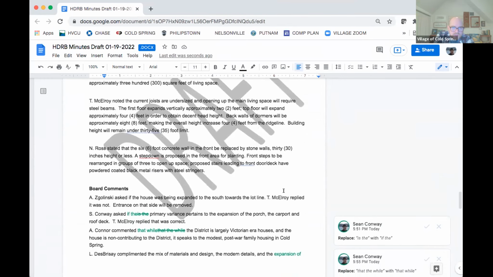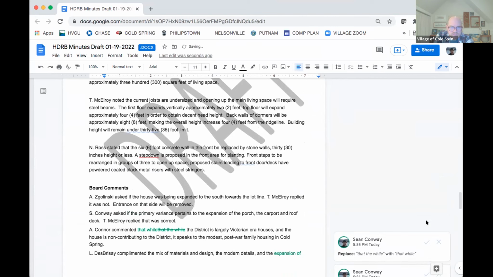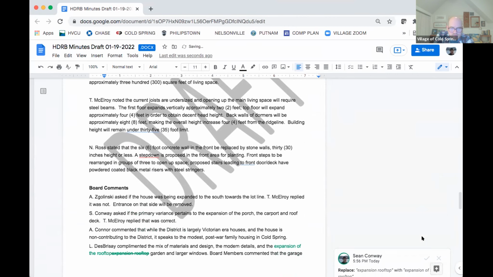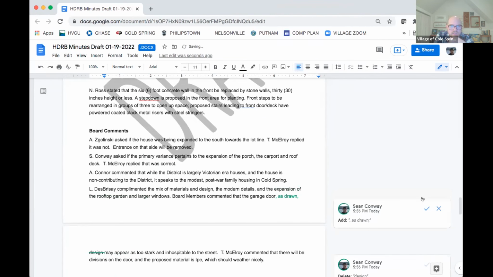I had a correction. Oh, these were just sentence typo corrections. And Lloyd, this was again just a missing "of." I did want to just specify that it was the garage door